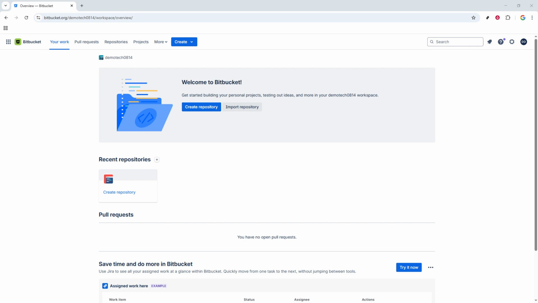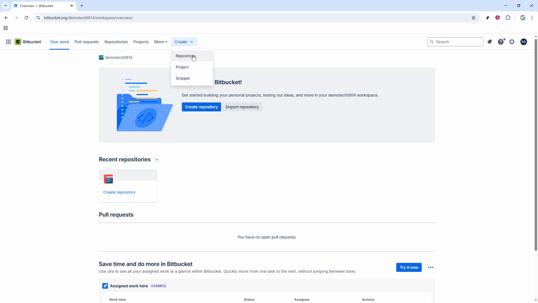First things first, you'll need to log into your Bitbucket account. This is your gateway to accessing all your repositories, setting up new ones, and managing your projects. Once you're in, it's time to find the Create menu. Look for the plus icon, which is usually located in the sidebar or the navigation bar. Clicking this icon will reveal a drop-down menu, and your next step is to select Repository from the list of